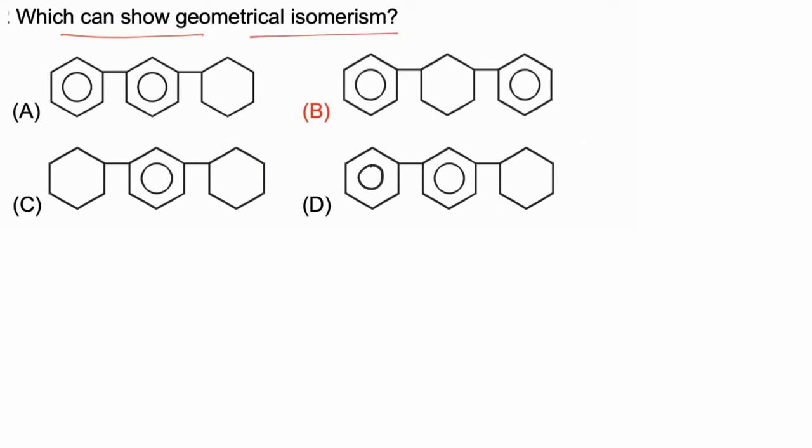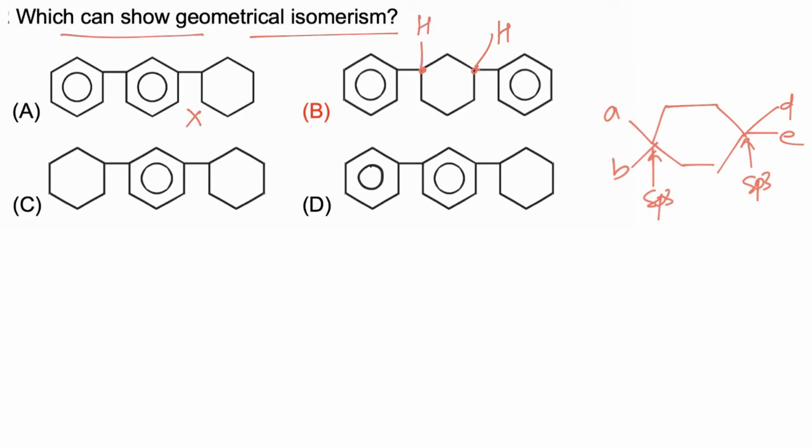Now we have cyclic compounds. For any cyclic compound to show geometrical isomerism, no matter how many atoms are present in the ring or where they are situated, if we are getting two sp3 hybridized atoms with different units on them, then the molecule will show GI. In the first example there are no sp3 hybridized atoms with different units, so this molecule will not show GI. In example B, these two carbon atoms are sp3 hybridized and they have different units, H and Ph, on these carbons, so this molecule will show geometrical isomerism around these two carbons, and hence B will show GI.